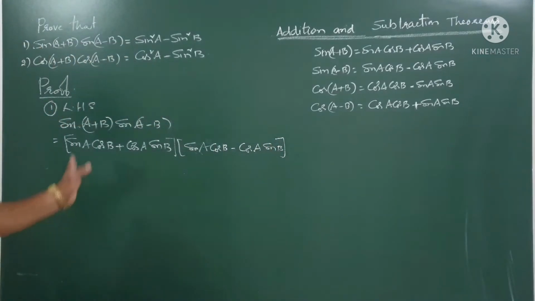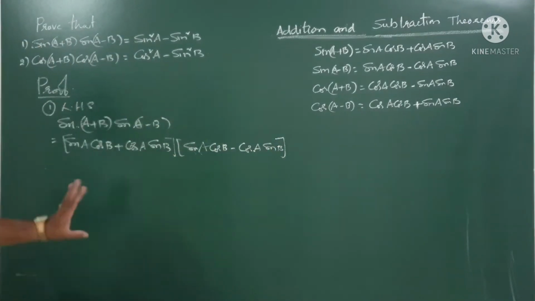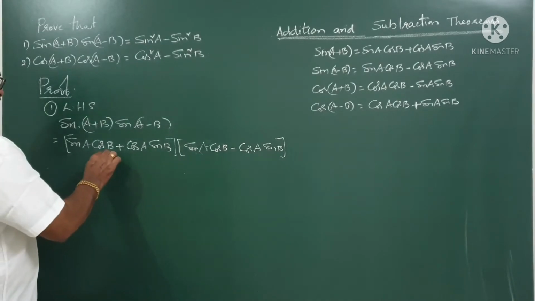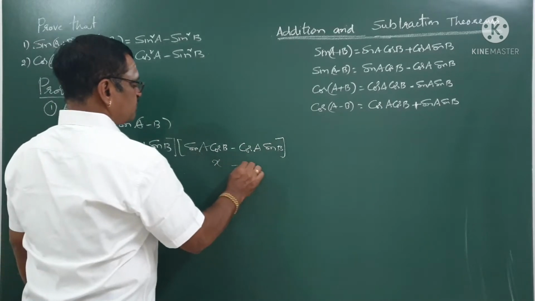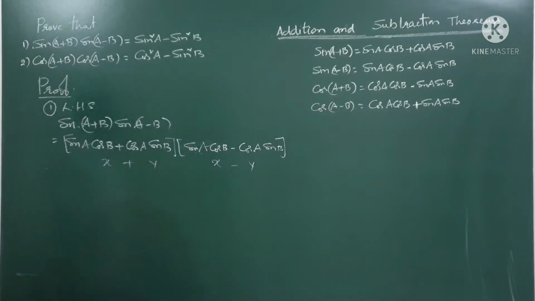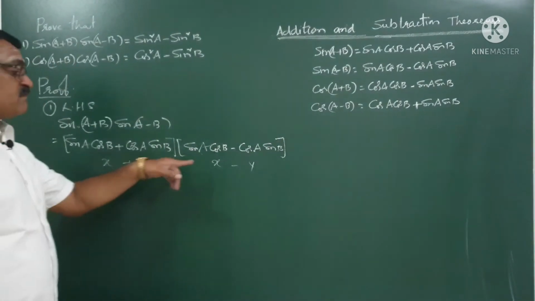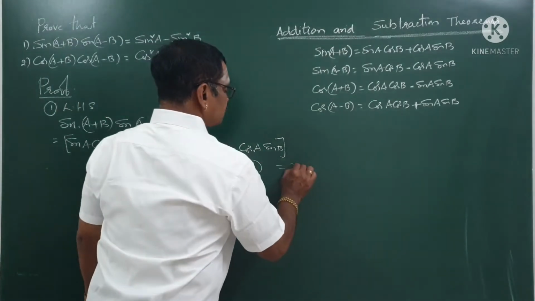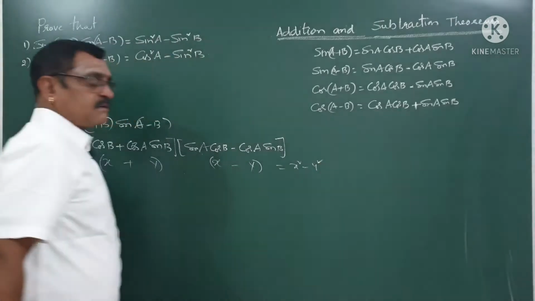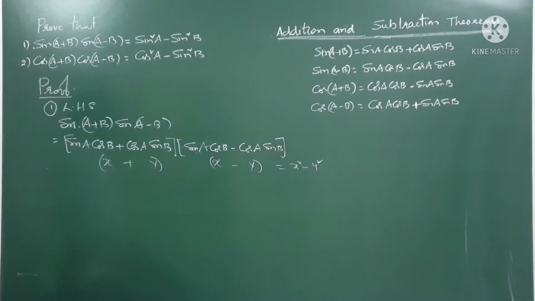Forget that these are the trigonometric terms. If you observe carefully, this is x plus y, this is x minus y form, algebraic form. X plus y times x minus y, you have the formula x square minus y square. Just apply this identity, we get